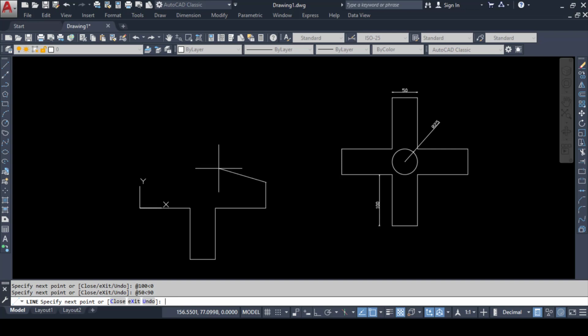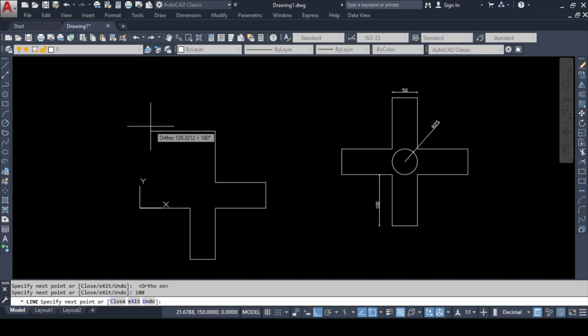I can do tracking also in this case. To make a straight line, I can press F8 to switch on ortho first, and I can track from this point to this line without entering the value in the command line. If I have to go to the top side, I can use the direct method again. The value I input is 100. Do remember, I can use the direct method and the polar method simultaneously in a single drawing.